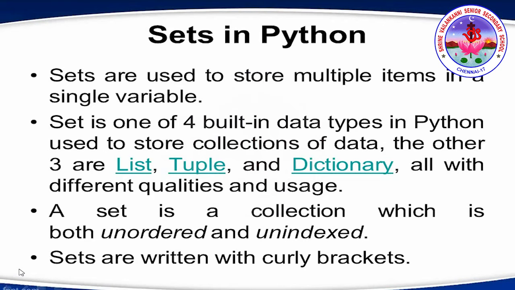So let's see what is a set. A set is a single variable which is holding multiple items, and these items are unordered and unindexed. It is similar to the other compound data types or the built-in data types which are available in Python, that is list, tuple and dictionary. So set is similar to list, tuple and dictionary, and it is unordered. It doesn't follow the sequence and it doesn't contain any index. The values which we create inside a set are enclosed within curly braces.